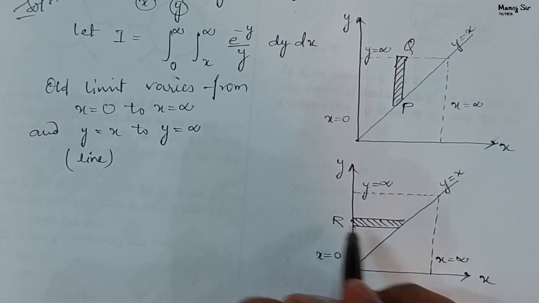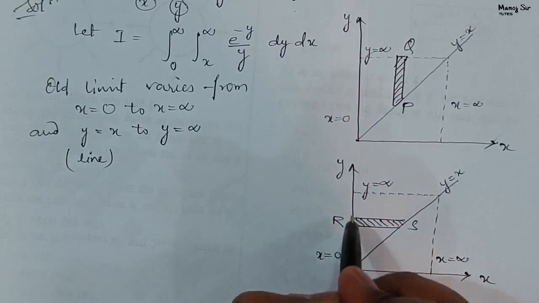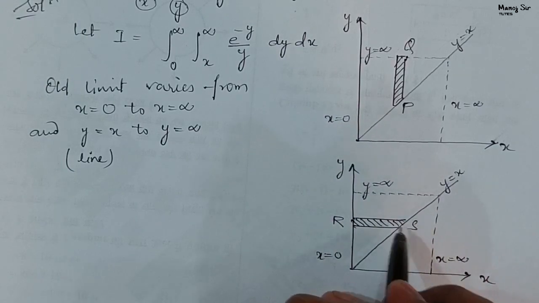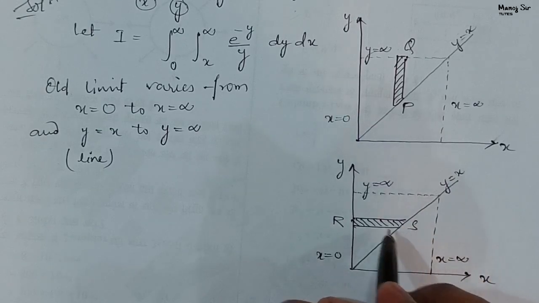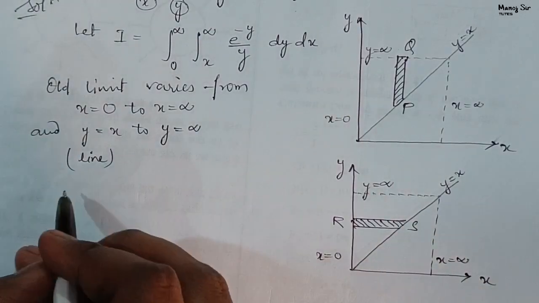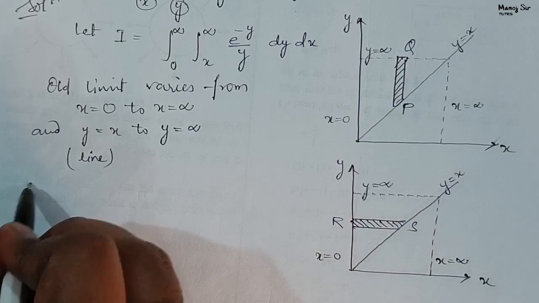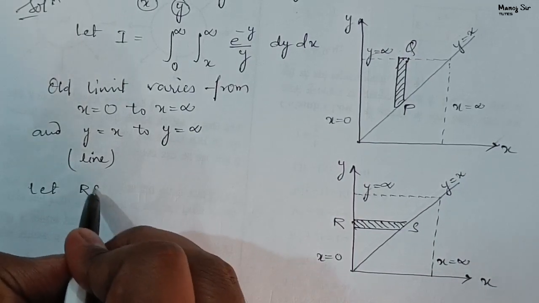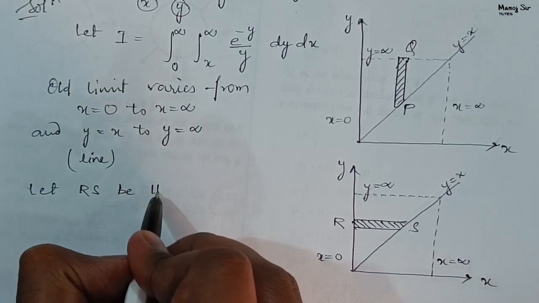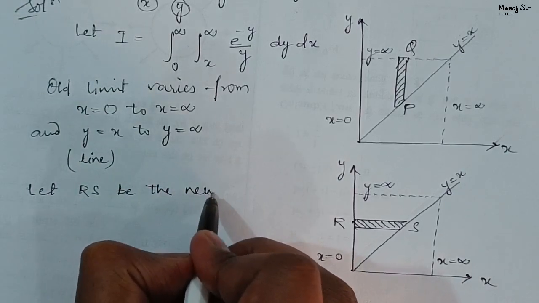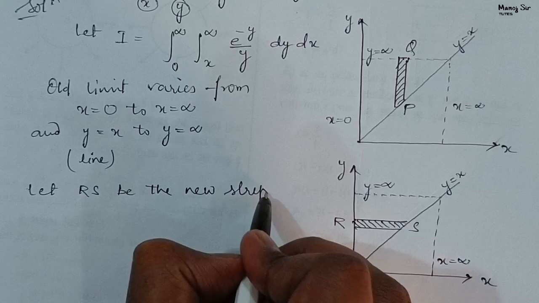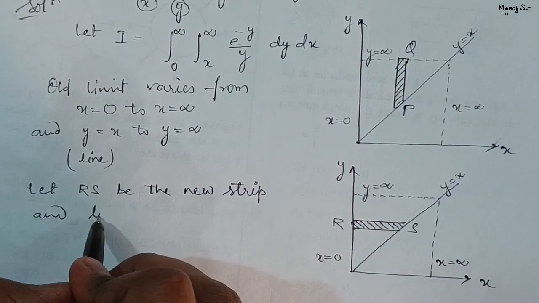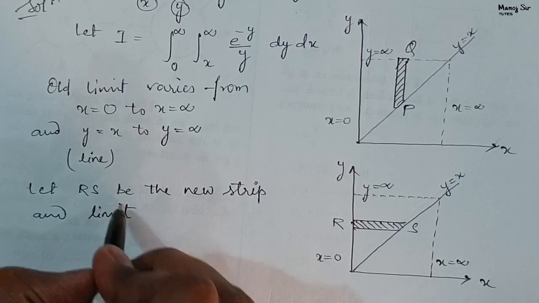Naming should be like R, S. That is, first we will name the left part of this horizontal strip, then we will name the rightward part of this horizontal strip. Now, from here we can say that let RS be the new strip, and limit